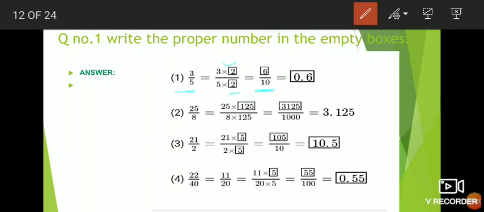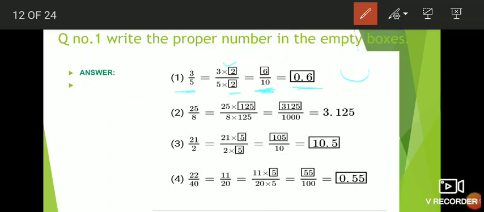And here this one we have to convert into a decimal number. Here this is in the form of an improper fraction. We have to convert it into a decimal number. That's why, now see here, how many zeros are there, students? Only one zero is there, and here 6 is there. Means only one digit we have to take from the right to the left, that is 0.6 is coming.